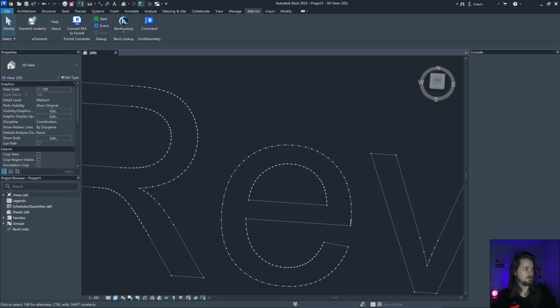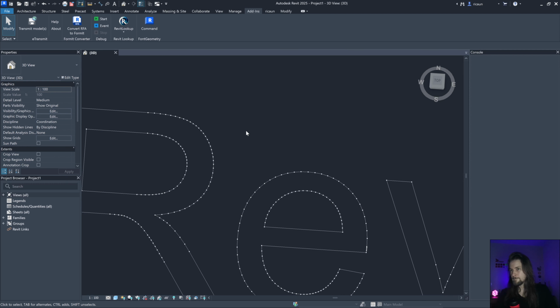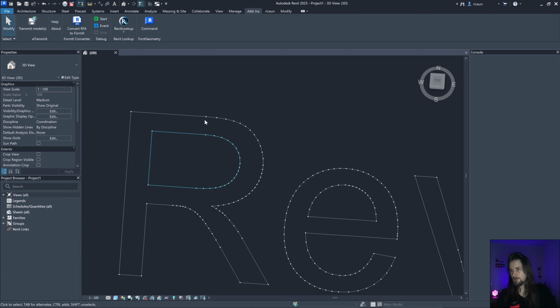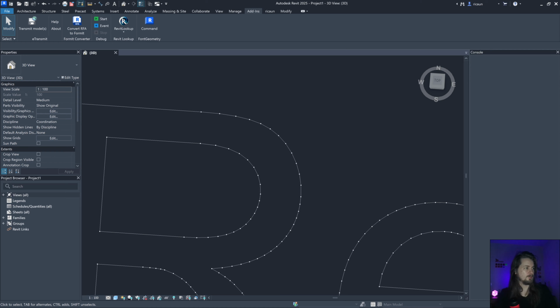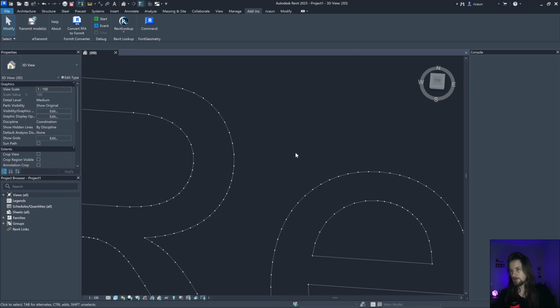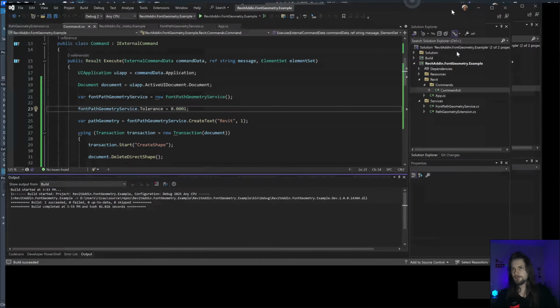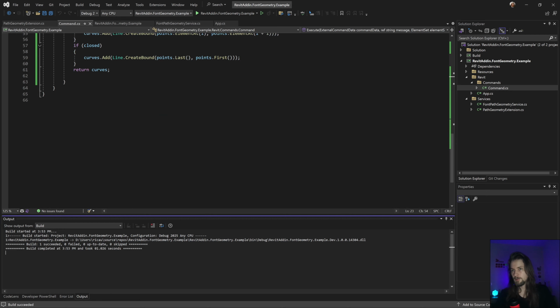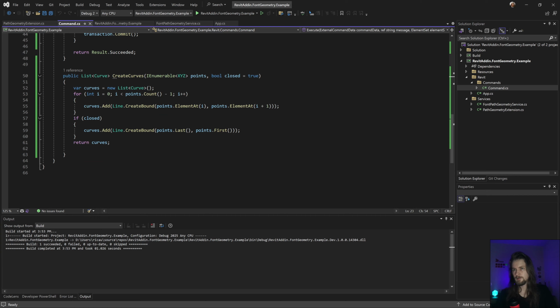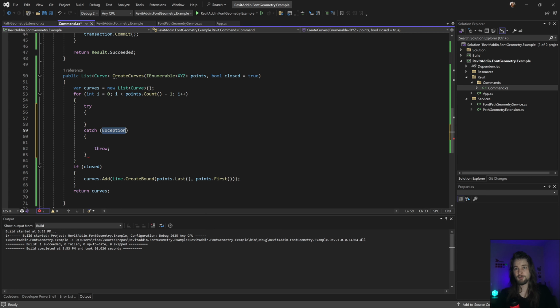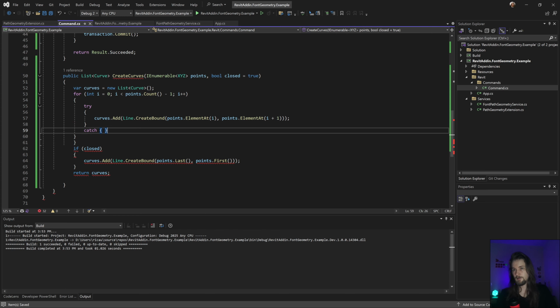Nice. Size 1 maybe. Yeah, okay. And if I add more points, tolerance is smaller. Yeah, this is the problem. The curve's length is too small to create a line. So let's try to fix that, just to ignore the line at least. So I'm gonna add a simple try catch in here, just to ignore that point. That's at least not gonna break anything.